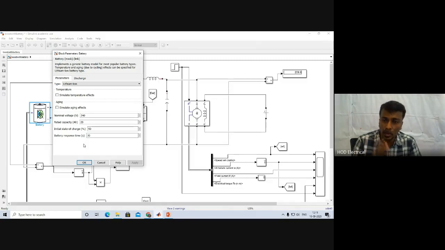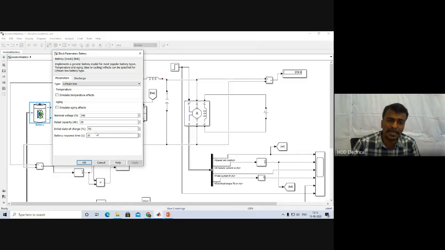Also, when the load increases, the slope of the reduction in state of charge is also more. When the load is less, the slope of the reduction in state of charge will be less. Similarly for charging: whenever the input power is more, the rate of increase in state of charge will be more. Whenever the input power is less, the slope of the increase in state of charge will be less. So this is the concept.